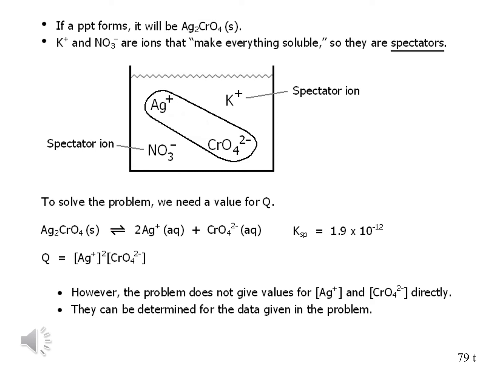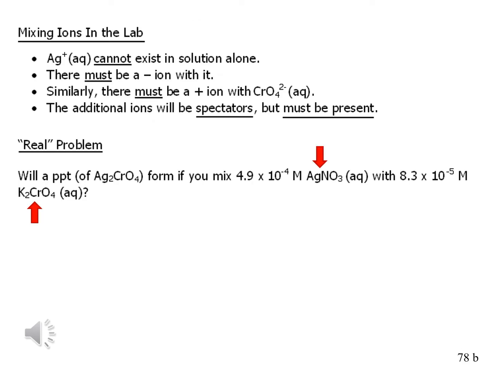This time, though, I did not give you directly the concentration of silver ion or chromate ion. What I gave you were the compounds. So I gave you the concentrations of silver nitrate and potassium chromate. I can't just automatically plug those in unless I prove that I can do it. And so how are you going to get the actual concentrations of silver and chromate from the concentrations of the